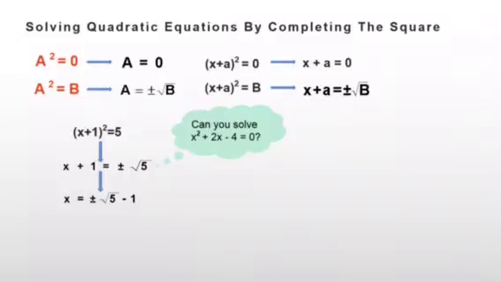Now, if we retrace the steps that we did to get from (x plus 1) squared equals 5 to x squared plus 2x minus 4 in backwards order, so we can actually get quadratics into this format,